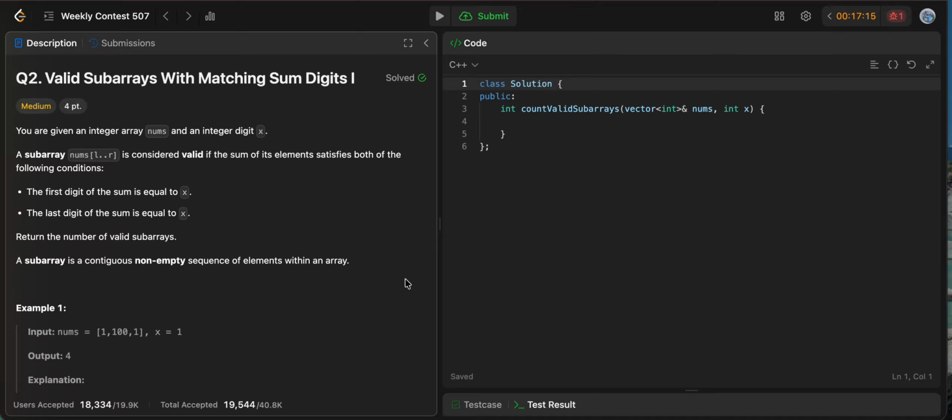And this is the problem of question number two in the LeetCode contest. The problem says valid subarrays with matching sum digits. You are given an integer array nums and an integer digit x. The subarray nums[L..R] is considered valid if the sum of its elements satisfies both of the following